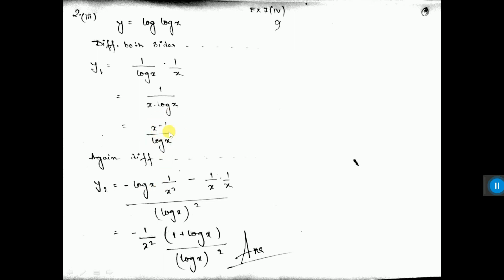Then here v d/dx of u, that is log x into d/dx of x to the power minus 1. So d/dx of x to the power minus 1 is minus 1, that I have written here, minus 1 into x to the power minus 1 minus 1, that is minus 2. So 1 by x square, minus, so v d/dx of u minus u d/dx of v. So u is x to the power minus 1, that is written 1 by x, into d/dx of log x is 1 by x. Then 1 by x square minus 1 by x square taken common. So here it will be 1 and here log x. By this it is done.